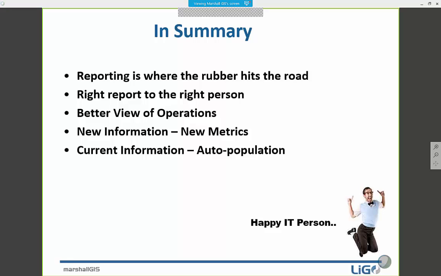This information can also be sent over, auto-populating some of your other business systems as well. We didn't really cover that too much, but this data can be sent over via our LiGO access to your other business systems, where maybe you're doing reports, such as Lucity or CityWorks or other business systems that you're using, and you want to leverage data that's being captured automatically in LiGO in your